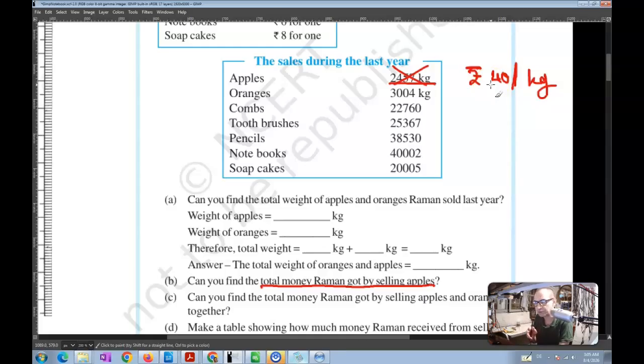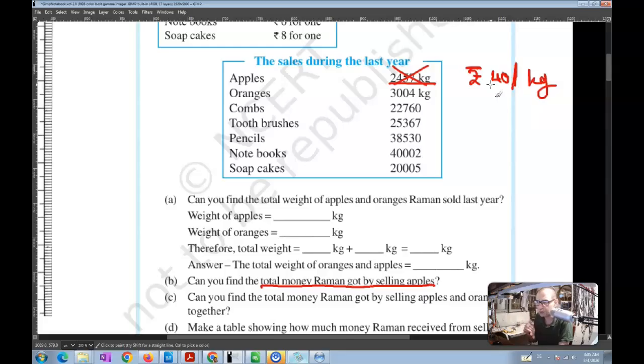Now let's forget about this number for now. Which means that if I sell 1 kilogram, that would be 40 rupees. If I sell 2 kilograms, that would be twice 40 rupees,